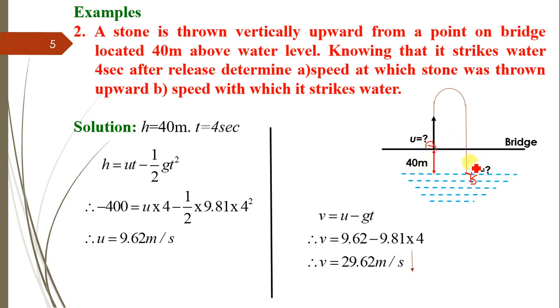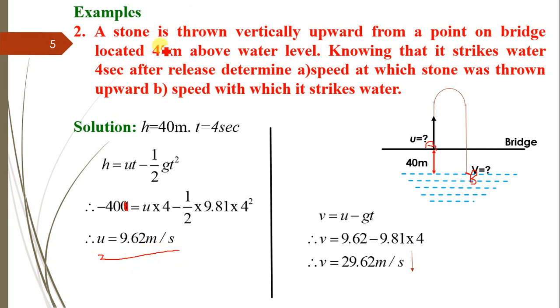The time interval required is given as 4 seconds. Applying the equation h equals ut minus half gt squared, with h equal to 40 only, so 40 equals u into 4 seconds minus half of 9.81 into 4 squared. Solving this equation we get u as